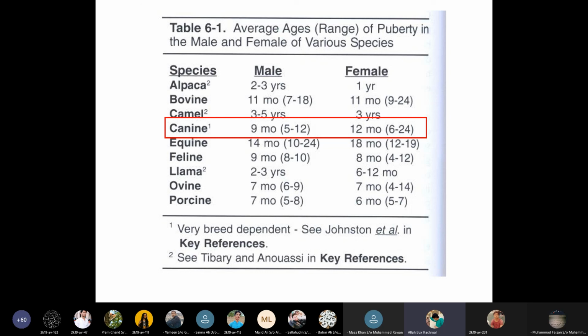Porcine may take 7 months for maturity in the male, 5 to 8 months averagely, whereas 6 months for the females, that may take averagely 5 to 7 months. These are the puberty ages